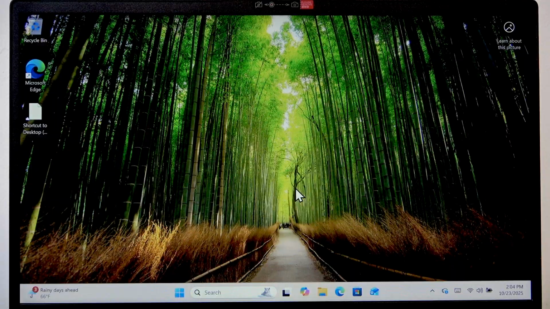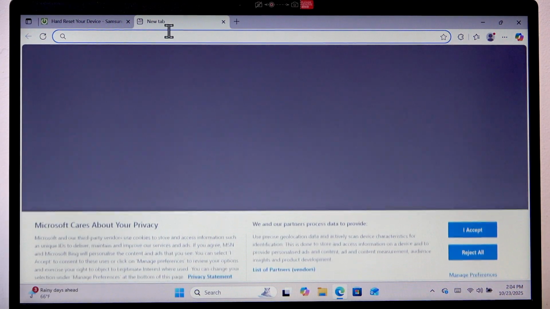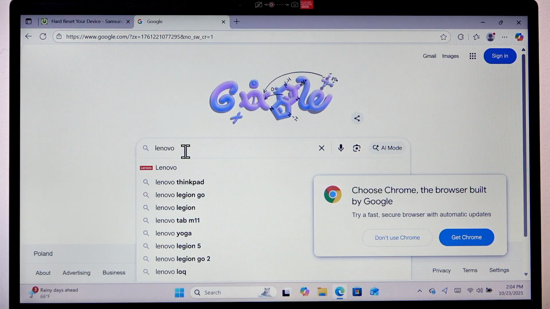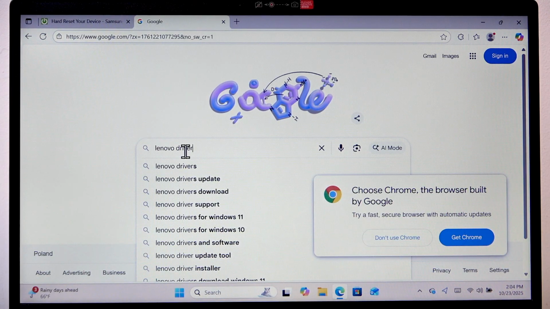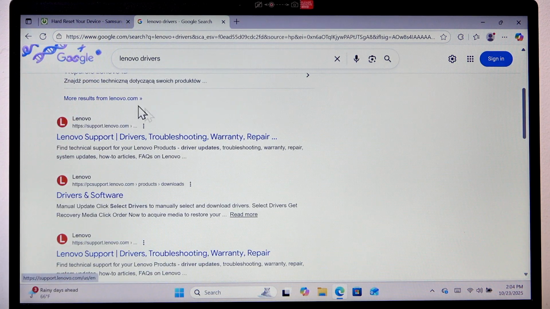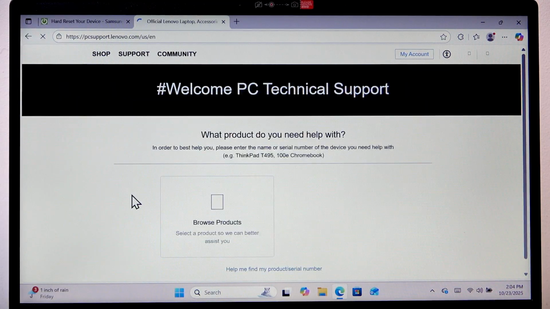Okay, so once you discover your device's serial number, open any web browser, then search for LENOVO drivers. I think we're gonna easily find the official support.lenovo.com website that says Lenovo support drivers, troubleshooting, etc. Open this website, then go to PC,